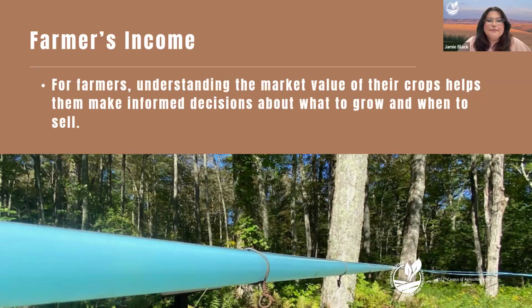For an example, in the picture that we have shown here, this is actually from the Mashantucket Pequot, their maple forests, where they process the sap to create maple syrup. This is a really great example of tribes capitalizing on their traditional foods and what is available around them. The maple is in high demand, so they're using these market trends to follow how much they need to produce, or if it's even feasible for them to produce their products.